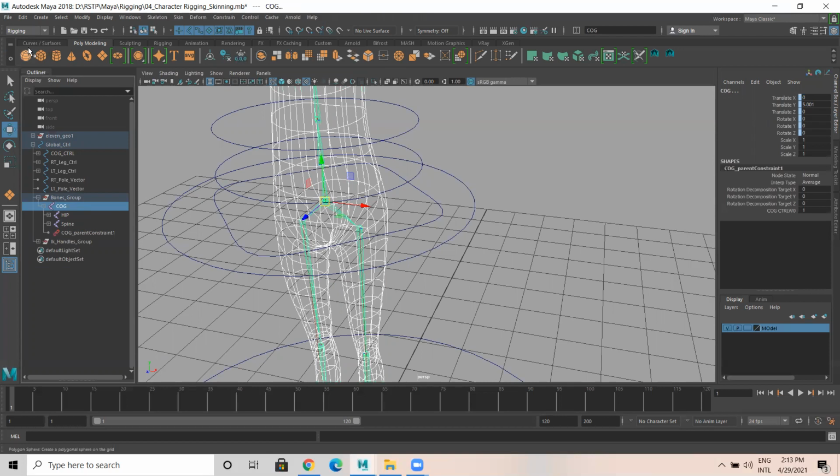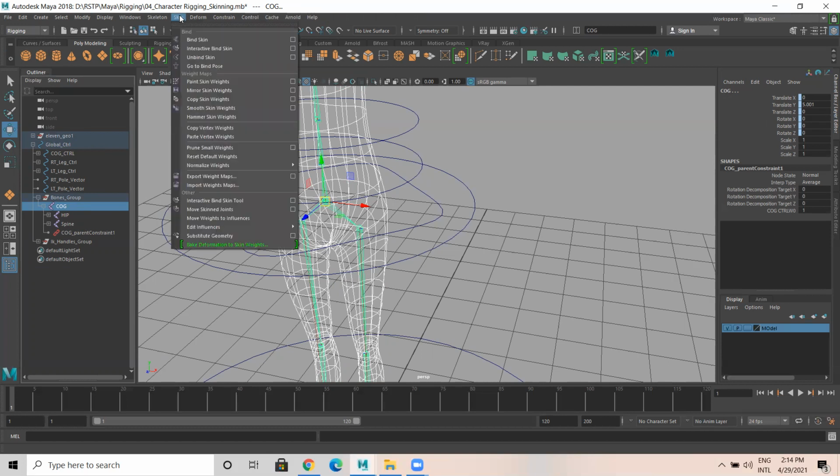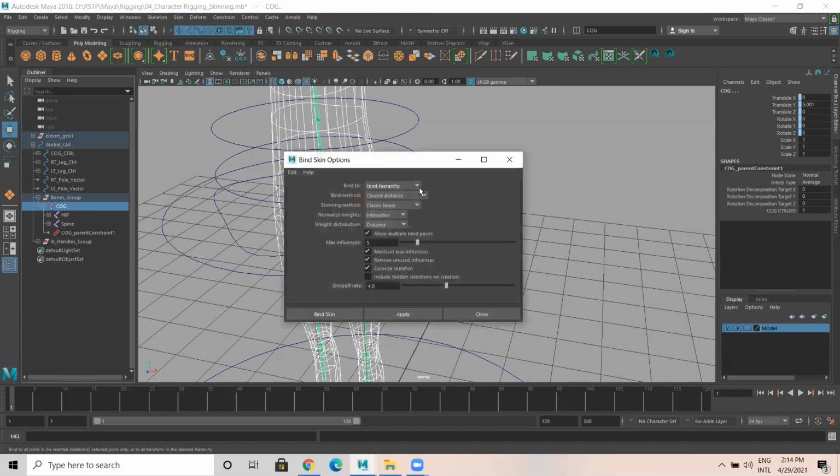Go to rigging. In rigging, go to skin, bind skin, option box. By default, you can give bind to joint hierarchy only. Everything is fine. Skinning method, classic linear, all this is fine.